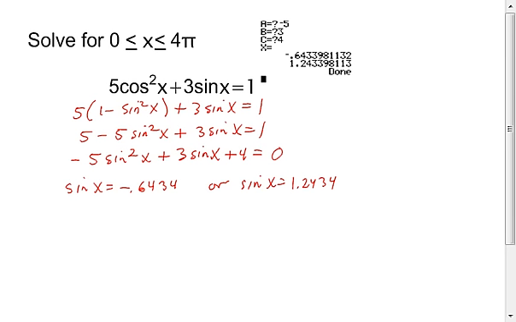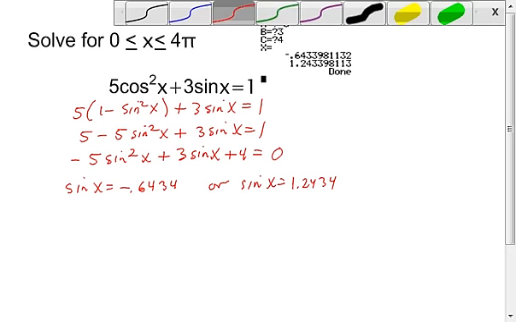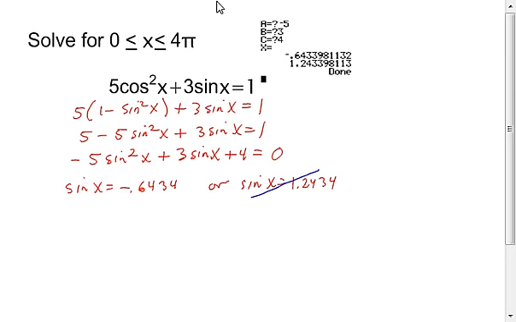Well, hopefully you're picking up on some things here. Hey, you can't have a sine value bigger than 1, so we don't even have to deal with that. That just goes away. Anytime you see a sine value that's bigger than 1, you can just cross that out. This one I need to do x is equal to the arc sine of negative